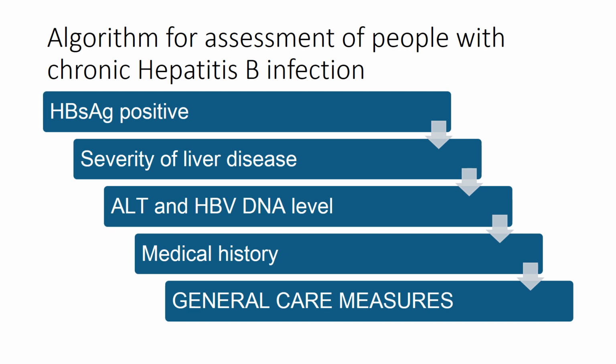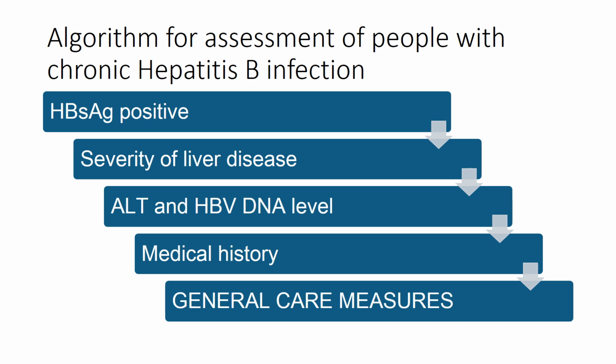When a person is positive for the hepatitis B surface antigen, we test the severity of liver disease using non-invasive tests such as APRI or transient elastography. Then we check the ALT and HBV DNA levels. Then we ask for medical history, screening for presence of co-infections, example HIV, HDV or HCV, comorbidities, example diabetes, steatotic